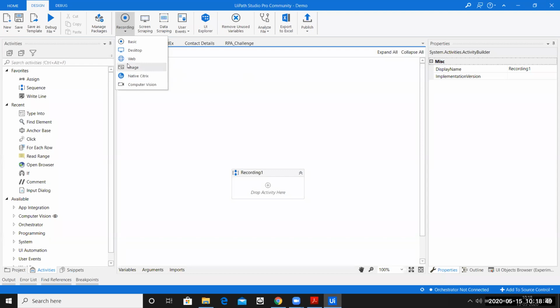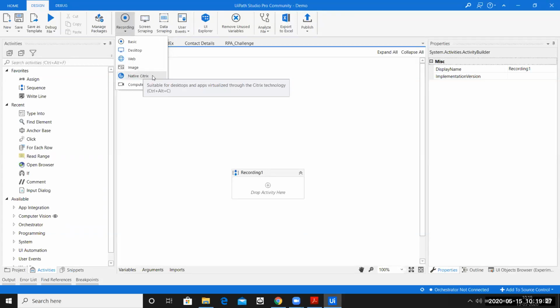And we have one more category called image and native Citrix. Image and native Citrix are both together the same thing, wherein the ultimate aim is if we want to automate a virtual environment. Let's say, for example, you have a Windows OS machine, and then you have another OS machine installed in your laptop. Let's say you have another VirtualBox, VMware or Oracle Box virtual machine, and you have another Windows OS running on it. In that particular time, you have to go with either the image or the Citrix.